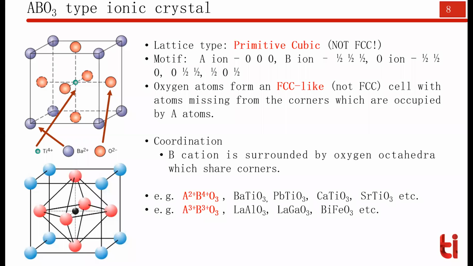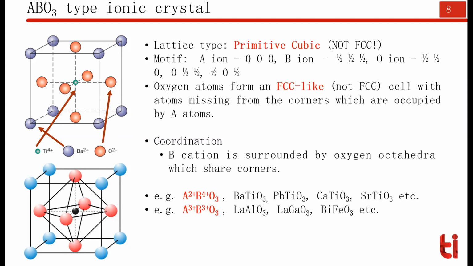For either of them, the corner sites and face sites, or the corner site and the body centered site, have to be identical. In the ABO3 type of structure, your corner sites, the face centered sites and the body centered site are not the same. Hence, the basic structure of the lattice is the primitive cubic, where only identical atoms are at the corners of the unit cell.